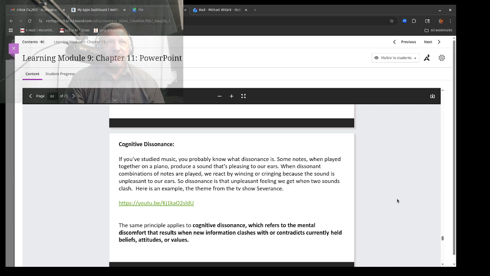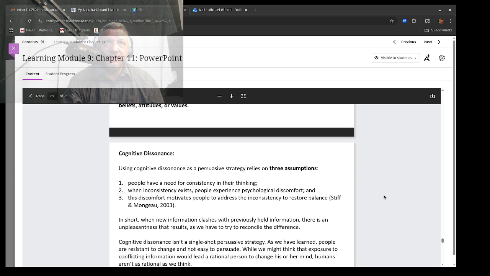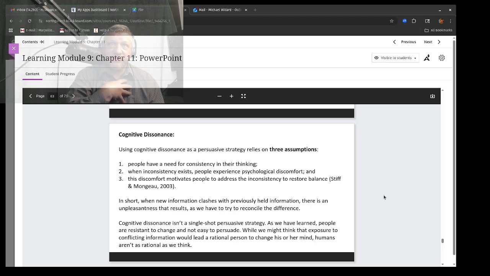So that same principle applies to cognitive dissonance, which is our mental discomfort that results when we get new information that clashes or contradicts with currently held beliefs, values, or attitudes. We don't like cognitive dissonance in our lives. When you use cognitive dissonance as a persuasive strategy, though, and you can, by upsetting people and then giving them an alternative that is more appealing to them,